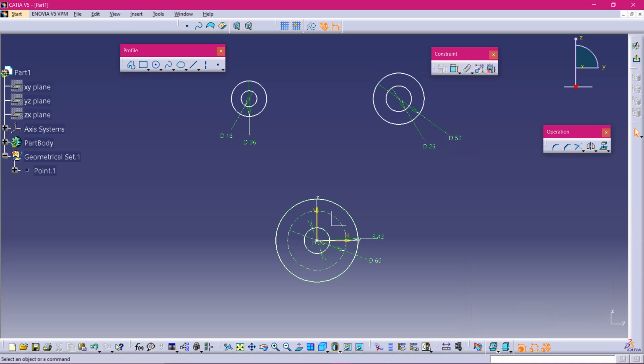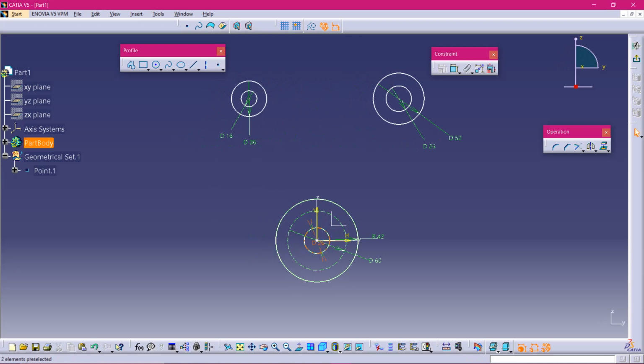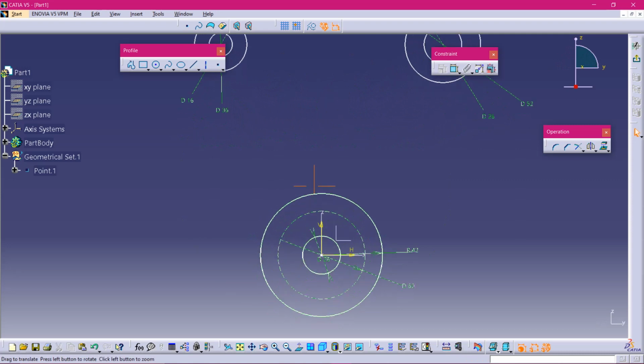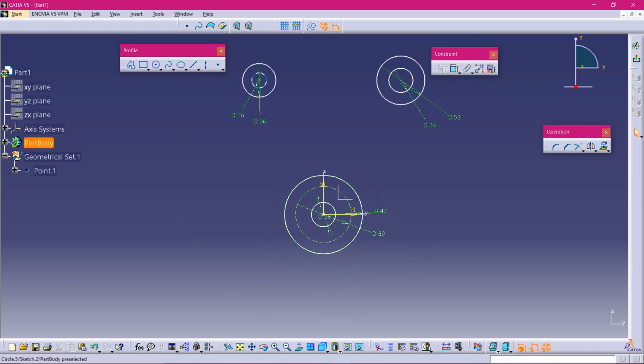So even if I had given the diameter, why didn't they turn green? Why are they not fully constrained? That means you have to specify the distance from this origin. So as I had drawn these circles at the origin point, they are completely constrained by giving just diameter. But when coming to this, they are not related with the origin, so they are not completely constrained.